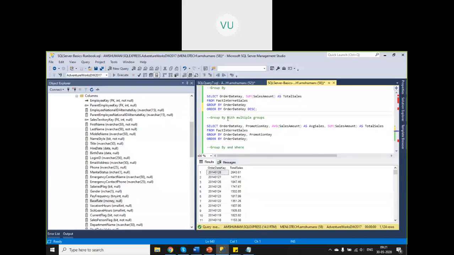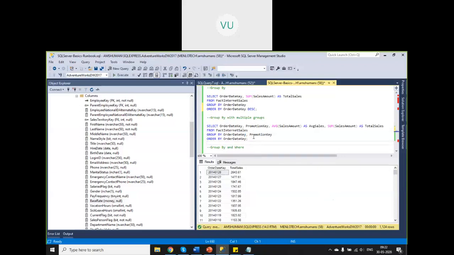And so, group by with multiple groups. This is also very interesting. First you will group by a particular column value, and within that group you are creating subgroups. If I have 10 records with 3 different values of order date key, that means 1, 2, 3, first the grouping is done with all records with order key 1 in one place, then followed by 2, then followed by 3, or in whatever order, right? And within each of these groups, I now have 3 groups, 1, 2, 3, right?